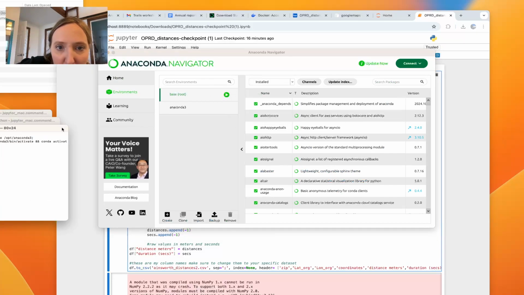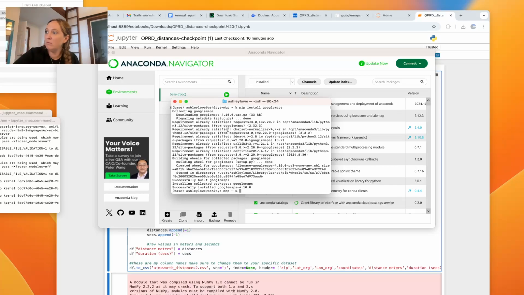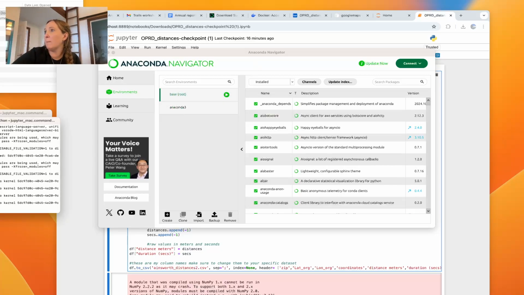That should work. And essentially, you're going to open up base root terminal and write pip install Google Maps. And that should download if the package isn't already downloaded with your new Anaconda Navigator. And so it'll load, and there we are, successfully installed Google Maps. Okay,